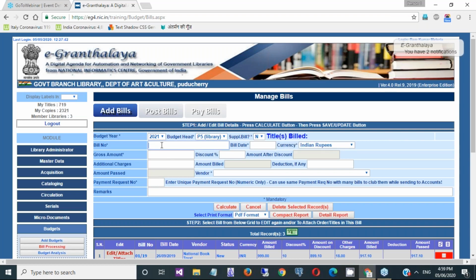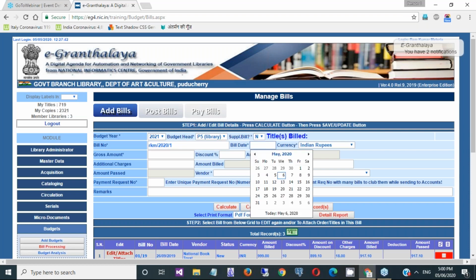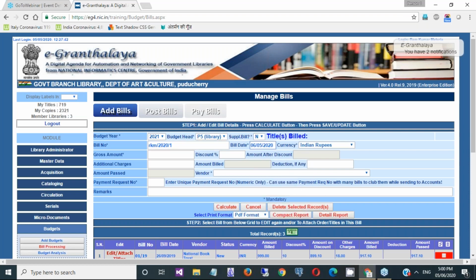And the bill number, I will just take some fake, imaginary bill number. So the bill number is 1. In an actual scenario, you will have all the order copy, book copy, and approval copy with you, so there is no need of noting anything. Bill date: I'm taking everything as today's date, but in actual it will be in different dates.